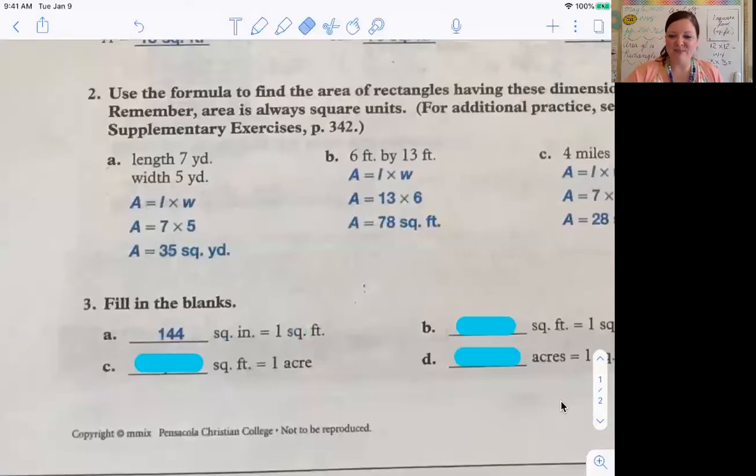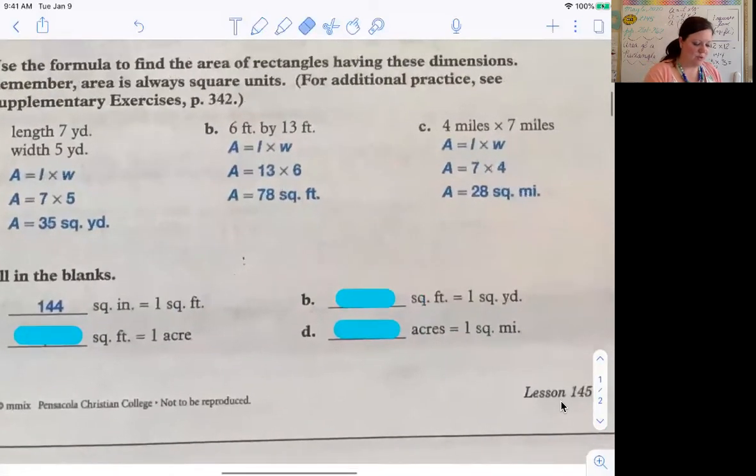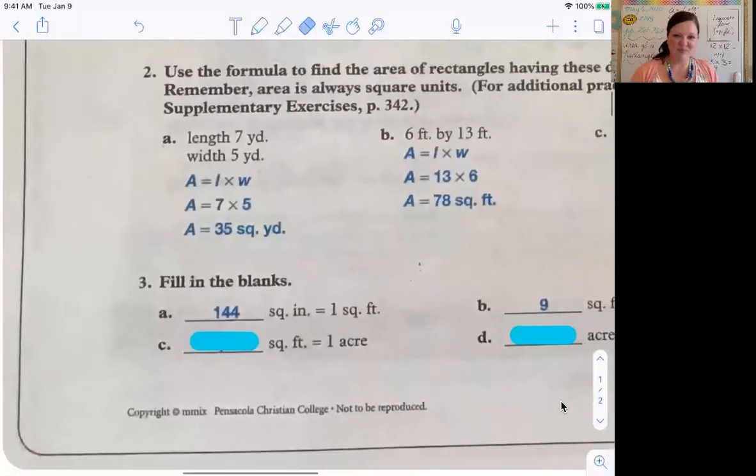Great job, guys. Let's move on to B. Remember, go with what you know. How many feet are in 1 yard? 3. Now square that number. 3 multiplied by itself equals 9. Okay, for the letter C,